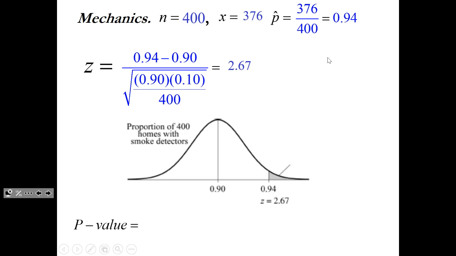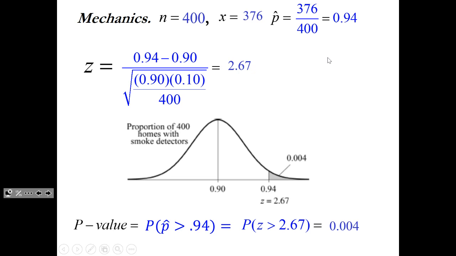And now I want to look up what is the probability of getting a z-score of 2.67 or more, which is going to be equal to the probability of my p-hat taking on that value, which is the probability of z being greater than 2.67, and that's 0.004. And I found that using normal CDF, as we've been using up to this point. So my p-value, again, is